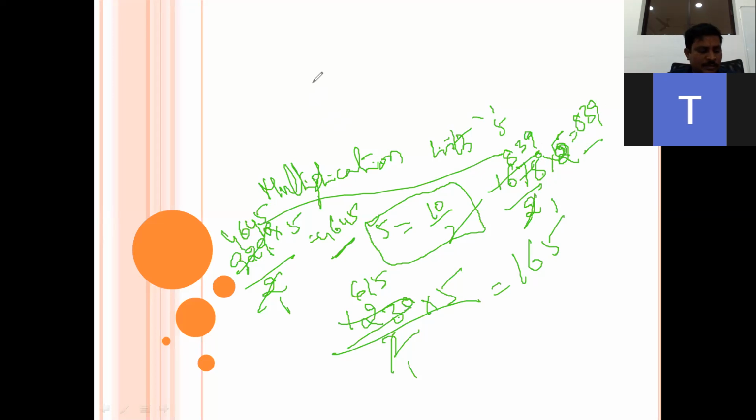Any doubt in this one? All of you note down all these shortcuts, otherwise you will forget all these things. These are very important for your placements. All these things are important. These are the basics, and basics are important. Basics are used everywhere in every chapter to quickly do all the problems.